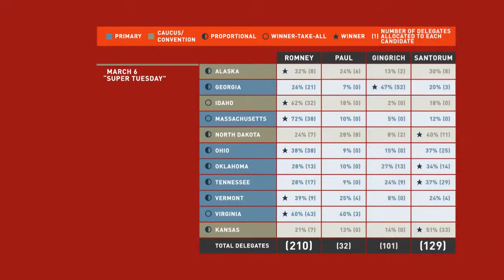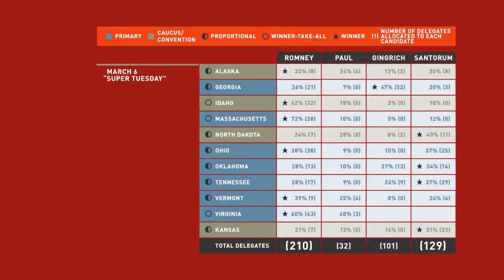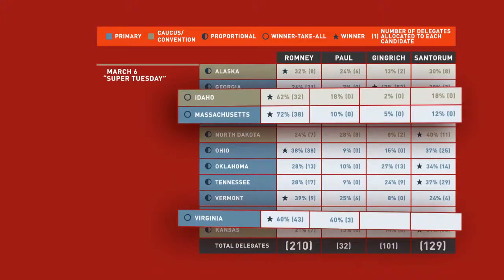Mitt Romney established a strong lead, despite the fact that he only won 6 of the 11 races. In the 3 states that awarded the delegates in a winner-take-all format, Romney won, and thus took home all